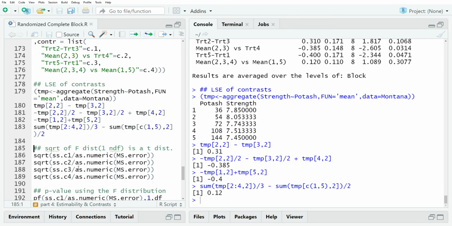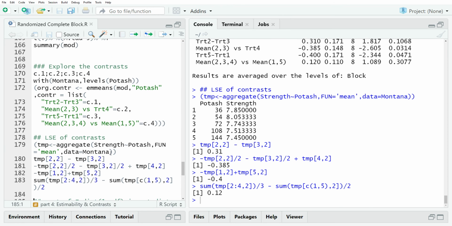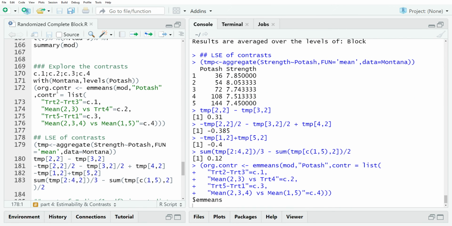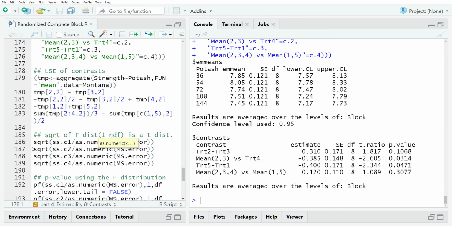Now here, let's see if I reprint them. Actually, let me just rerun that. And so what E-means is doing is, these are t-test statistics, t-ratios, but in my videos, these contrasts are chi-squared random variables with 1 degree of freedom. So if you take the square root of a chi-squared with 1 degree of freedom, you actually get a t random variable. And so that's what I want to show you next, is if we take the square root of